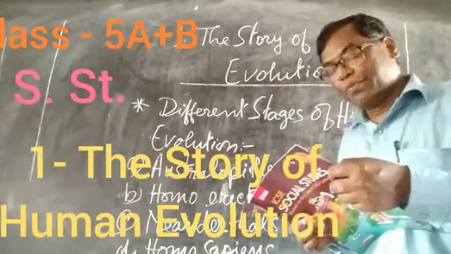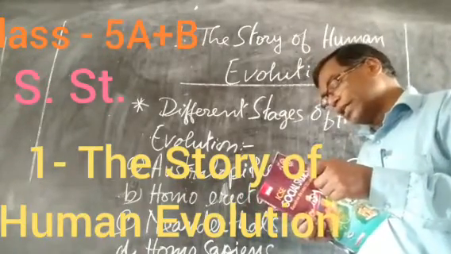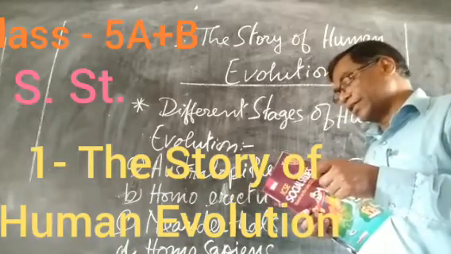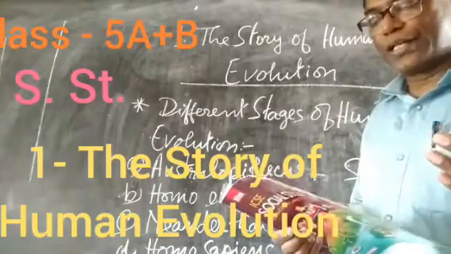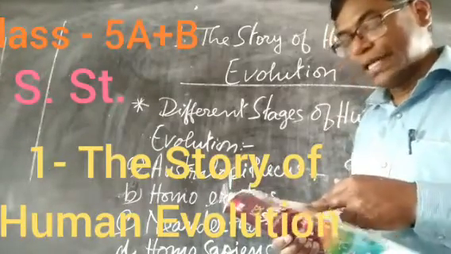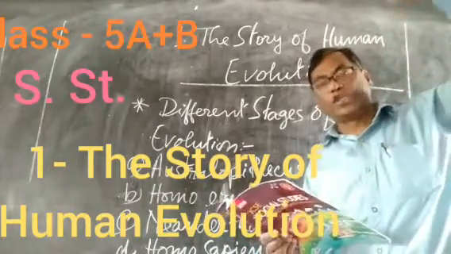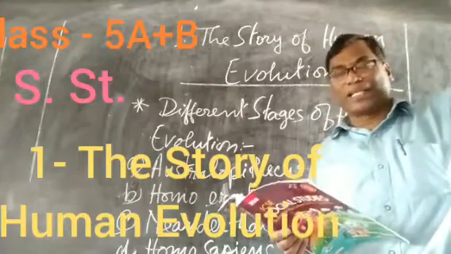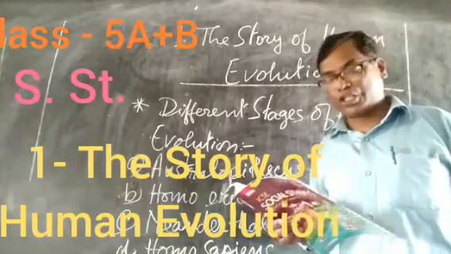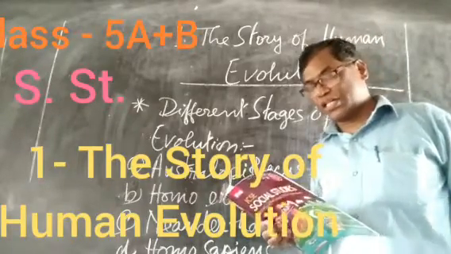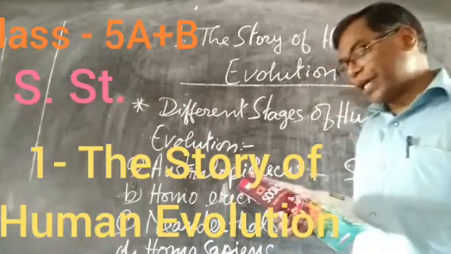Next thing is number 3, Homo neanderthalensis, or the Neanderthals. Even though some of the features of the Neanderthals appeared to be similar to modern humans, they were shorter and stockier. That means they were not very tall. They did not grow much taller at this stage. They were shorter and well built. Stockier means a well built body.